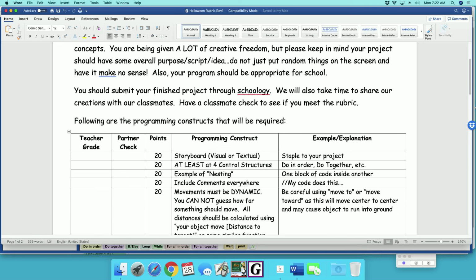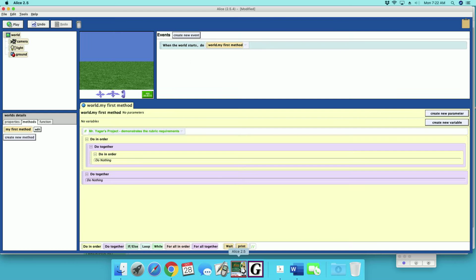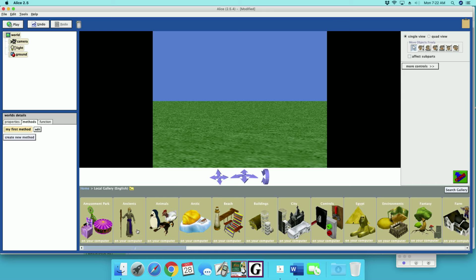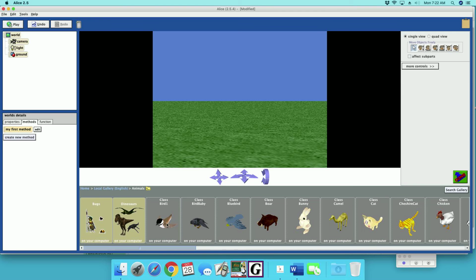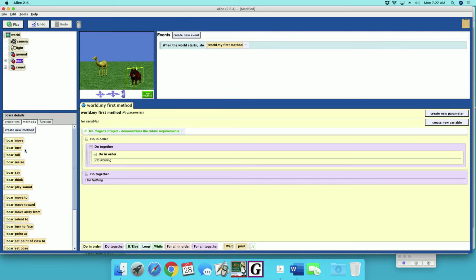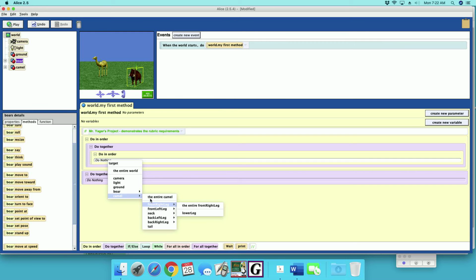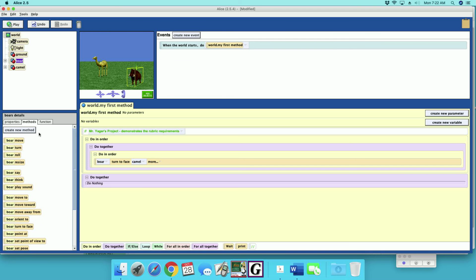Dynamic move. All right? We don't want to use a move to. We want to move toward. And I'll show you an example of that. Let's put a body in here. All right, so we'll just grab it here. I'll grab an old body. I'll do a boar and a camel because it's convenient. So I'm gonna have boar. If you want it to go towards something, you always want to do turn to face. So I'm gonna do turn to face, camel, and then boar move